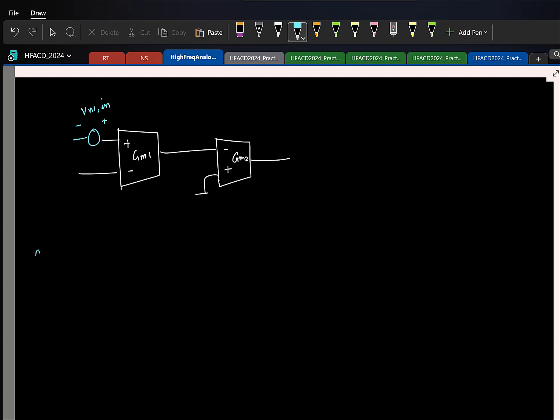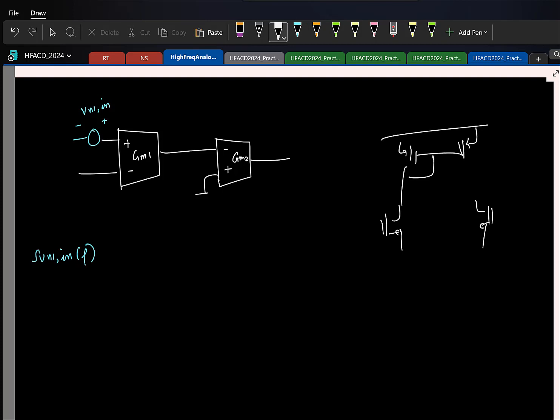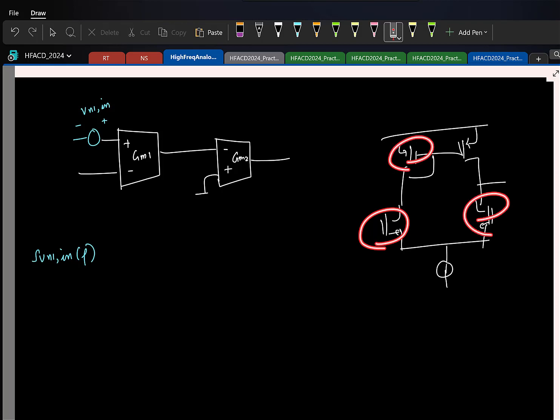So do you recollect what is SVN1 for a 5 transistor OTA? So I had the input pair and the current mirror like this, right? So we know these 4 devices will contribute to the input referred noise. What is the contribution due to the input devices? If I write the power spectral density, what is the voltage noise power spectral density for a MOSFET? 4 kT gamma by GM. So we have 2 input devices, so that's directly 8 kT gamma by GM1,